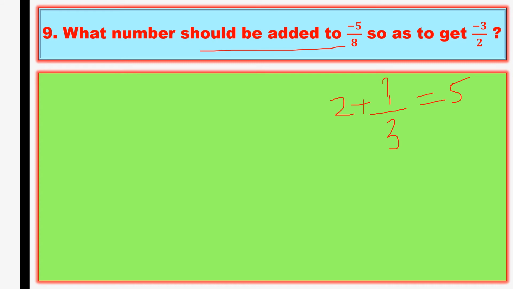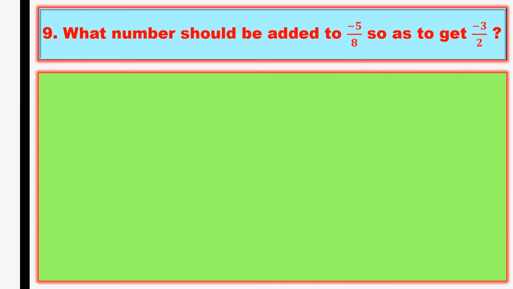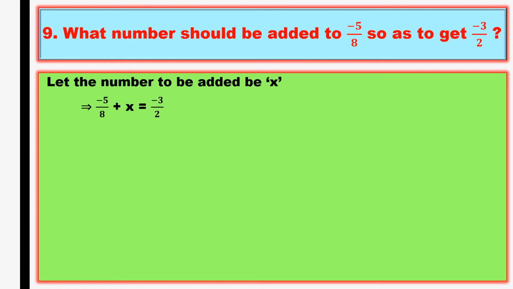How can we say? We should send this plus 2 there. It will become minus 2. So 5 minus 2 is 3. Right? Similarly, here you should write this one as it is and send this one there. Okay, take the example, and however you are solving here, same application you put here. So take the question first. Here he asked what number, so I took the number as x. Now should be added, he told, so I'll write minus 5 by 8 plus x equal to minus 3 by 2. Now I want to find out x.